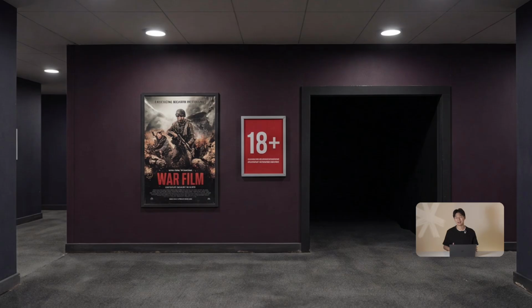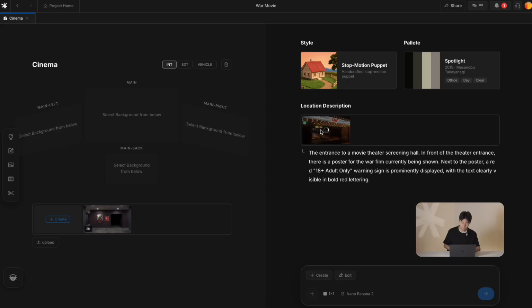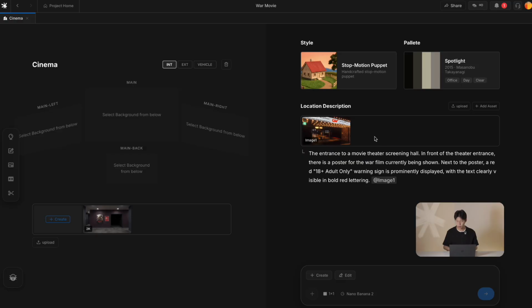And I don't really like this one, so I add a reference image closer to what I had in mind. So I'll copy and paste this image of the cinema. And I want the movie poster to be All Quiet on the Western Front, so I drop that poster in.